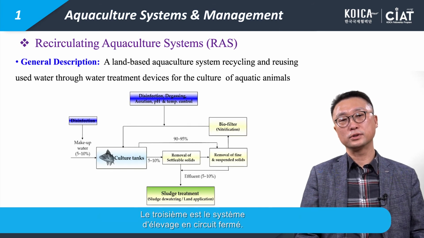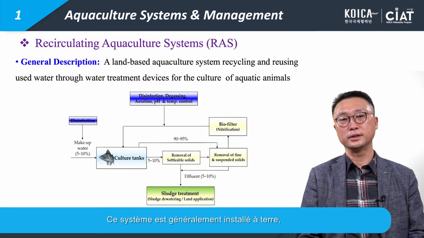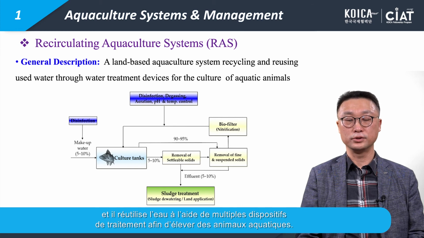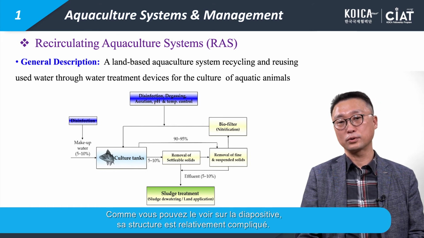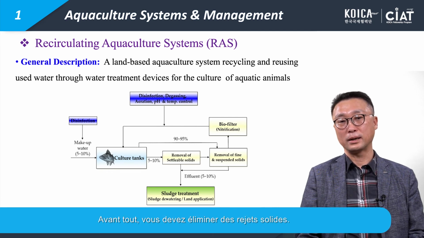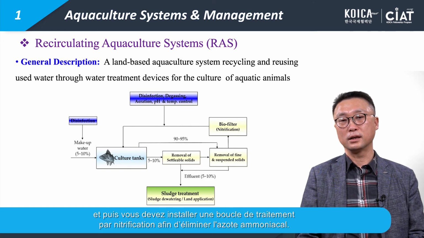The third one is the recirculating aquaculture system. Mainly, this is a land-based aquaculture system, recycling and reusing water through multiple water treatment devices for culture of aquatic animals. As you can see in this figure, there is a quite complicated process in this type of system. Mainly you will have to remove the solid materials first, and then you should apply the